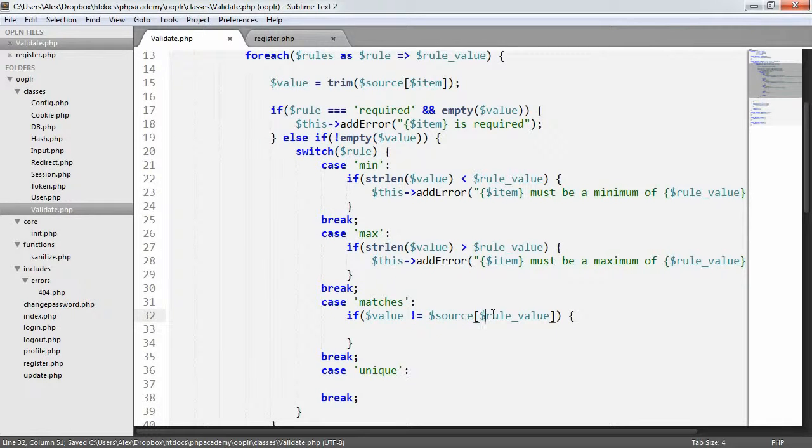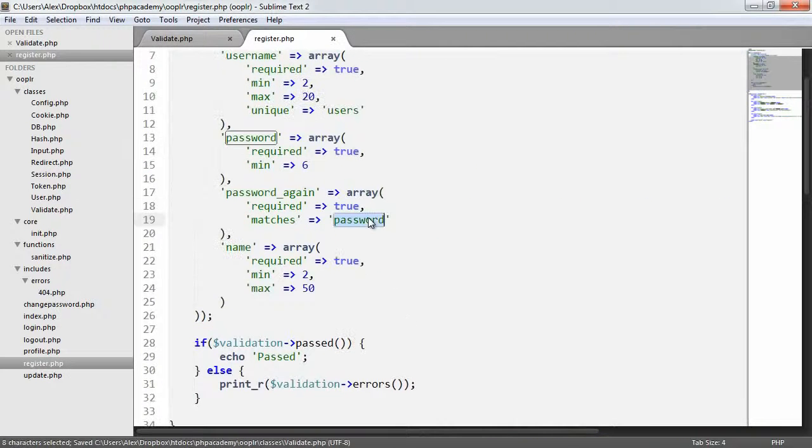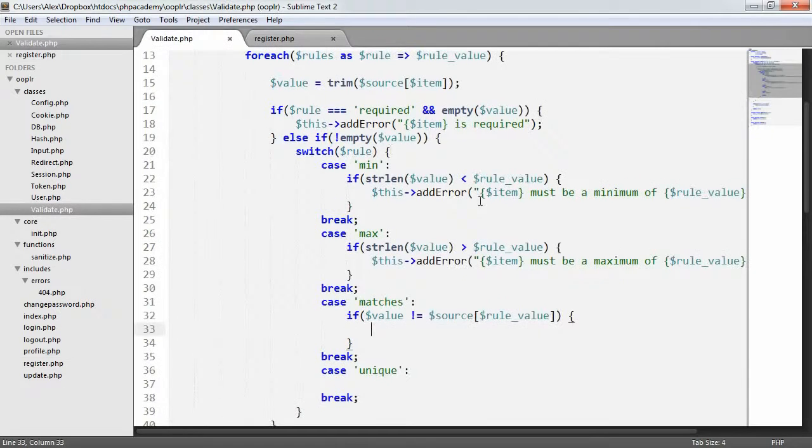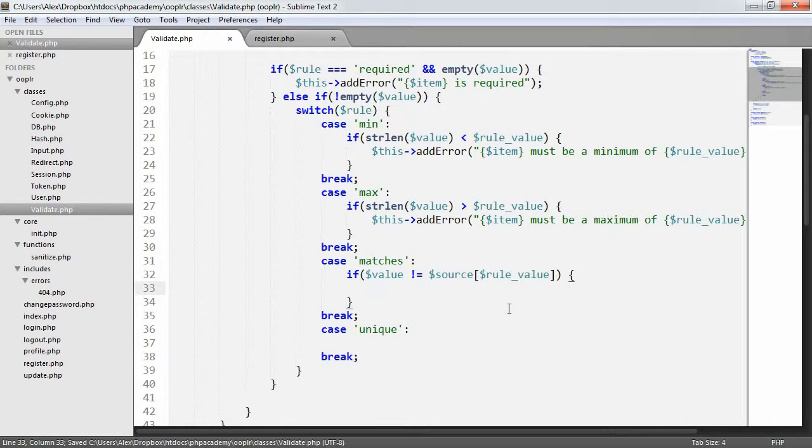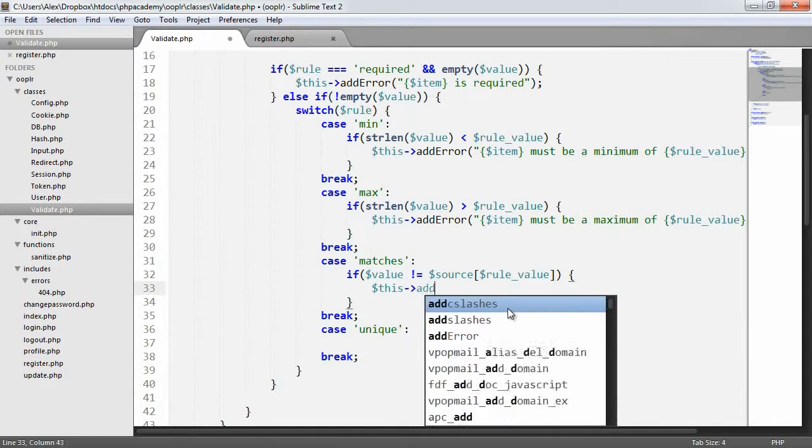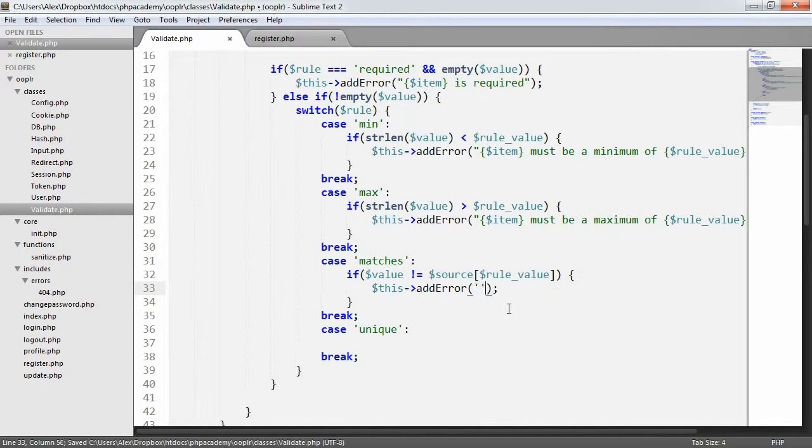So for each loop, we're not going to have that value available to us in this loop. So we need to refer back to post or get, whatever it is, check the rule value, and then see whether that's available or not, because the rule value refers to another field's value, basically, of another field's identifier. So if that doesn't equal, that means that something must match. So we say this, add error. And in here again, in double quotes, we want to say rule value must match